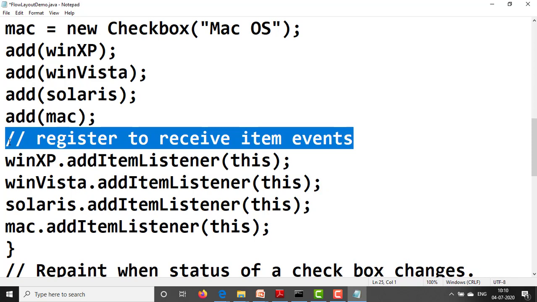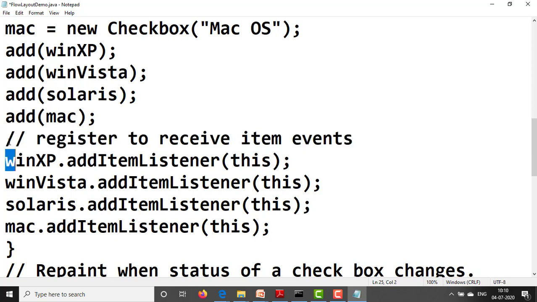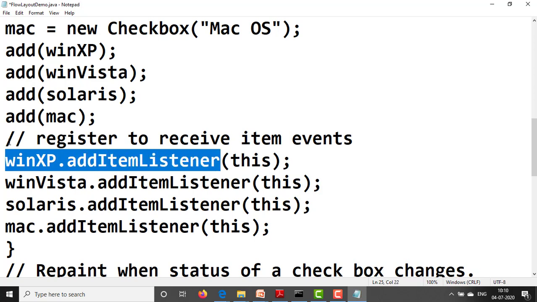These checkboxes we need to register for receiving the item events, and to perform the event handling we need to register these controls also, and that registration is done like this. WindowsXP.addItemListener. The addItemListener is a method, and to this method we can pass the this parameter.